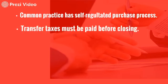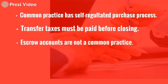In Panama, transfer taxes must be paid before closing. Normally, this payment comes out of a first installment, the payment that the buyer makes at the beginning of the contract. Even though escrow agents are quite common in some other jurisdictions, they are not in Panama. You can find some, but there are several other methods of payment that are way less expensive and equally or